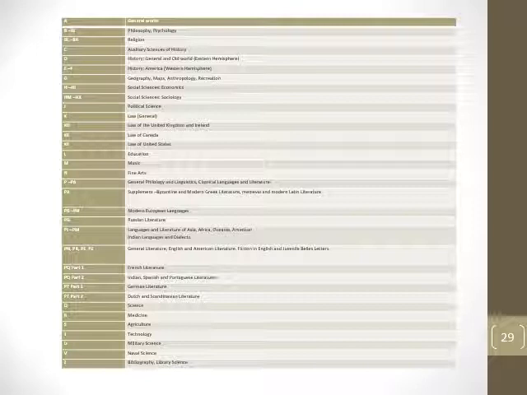A is general works, B to BJ philosophy and psychology, BL to BX religion, C auxiliary sciences of history, D history general and Old World or Eastern Hemisphere history, E to F history of America or Western Hemisphere, G geography, maps, anthropology, recreation, H social sciences, economics, HM to HX sociology, J political science, K law general, KD law of the United Kingdom and Ireland, KE law of Canada, KF law of the United States, L education, M music, N fine arts, P to PA general